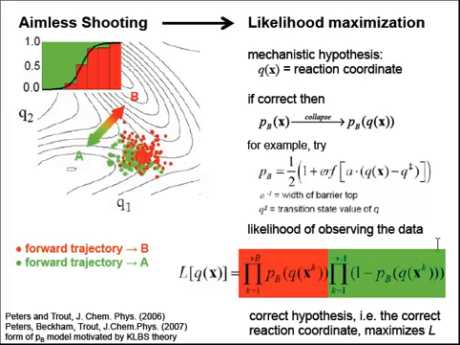And what we do is we try every one of these mechanistic hypotheses. We ask which one of them was most likely to explain this unbiased data. The one that's most likely to explain this unbiased data maximizes this likelihood, where I've taken the model of the committer probability for all the points that went to B, and the model of 1 minus the committer probability for all of those points that I observed that went to state A. Okay? So we maximize this likelihood, and that identifies the best coordinate among our list of mechanistic hypotheses.